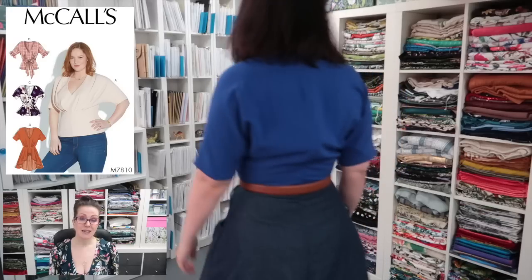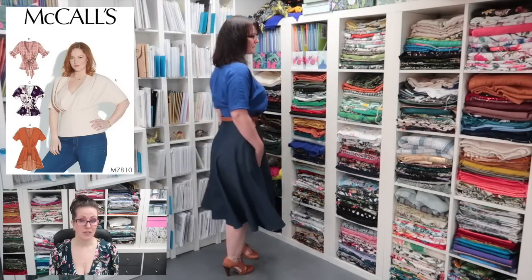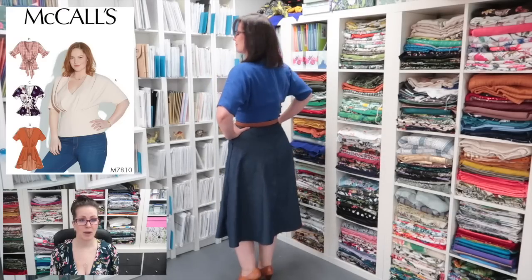Next up we have one of the misses for the year. This is the McCall's 7810 top. In theory I should love this, and this actually was voted for by the Patreon peeps, and I was really excited about it. And then the pattern envelope and the actual garment that they put on the pattern, one looked like an empire line, one looked like a waist seam, and I just got really confused and for some reason just kept putting